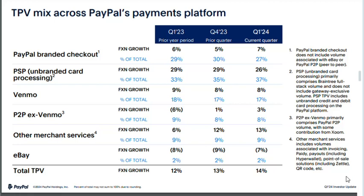and the U.K. PSP processing volume grew 26% in the quarter, driven by continued momentum from Braintree compared to 29% in the fourth quarter. Conversations with merchants have been encouraging as we shift our focus to a more disciplined go-to-market and renewal process that emphasizes a focus on profitable growth. Merchants recognize the product and performance improvements we have already started to make and are excited about the pipeline of